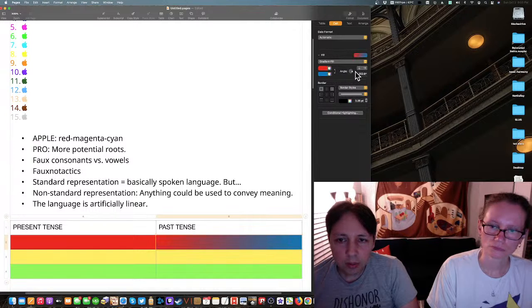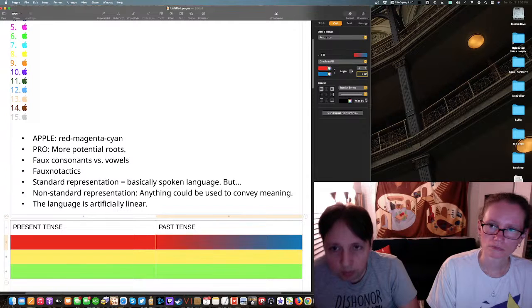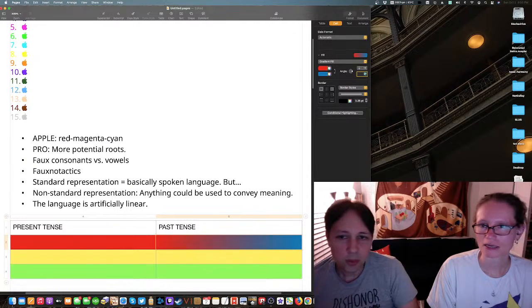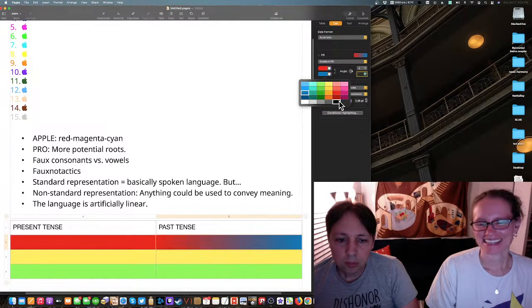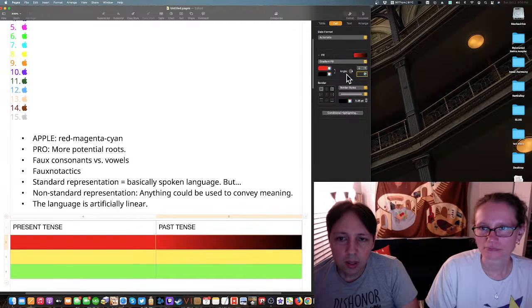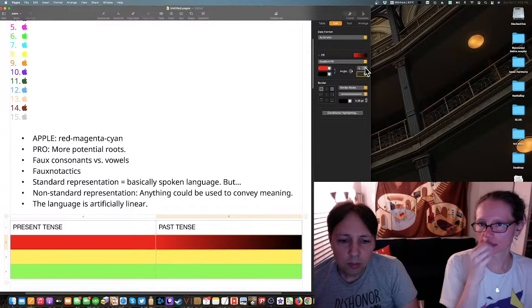But we're going to angle to, I guess that's 360 or 0, sure. And let's do what I think it's going to do. Well, it's making it go that way.